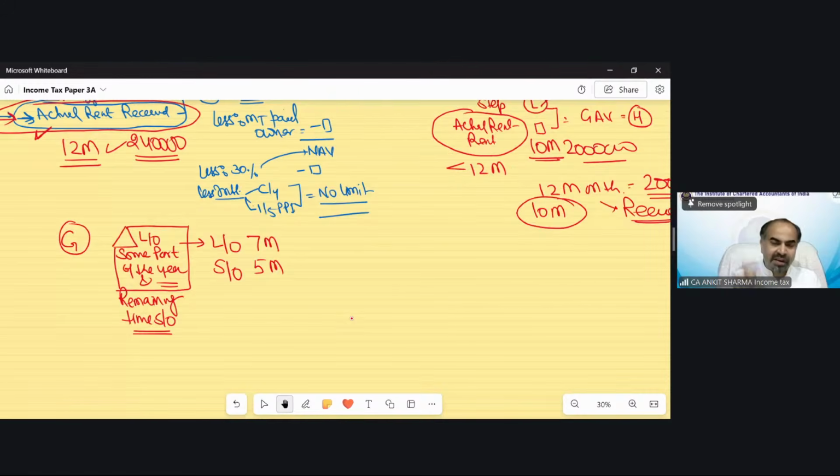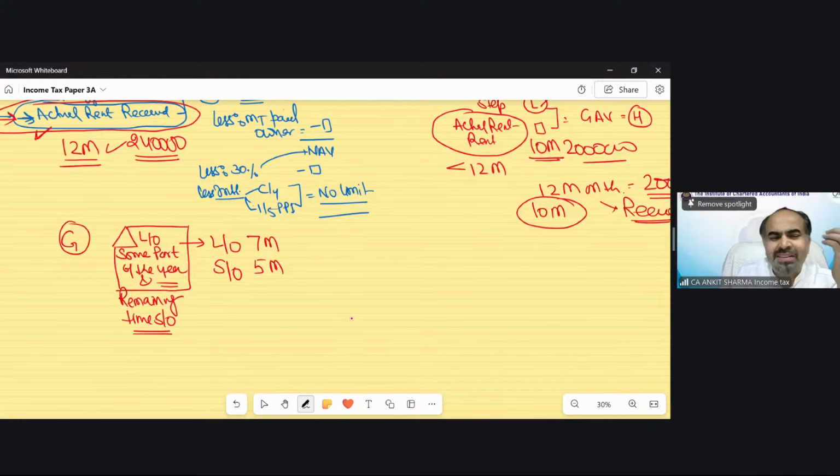Suppose you are living in a house and for 8 months you were there and you went somewhere else, so for 4 months you let it out. So the combination could be 7 and 5, 8 and 4, 9 and 3, 6 and 6 months, whatever it is. The concept says when there is a property which is either let out or self-occupied during the previous year,